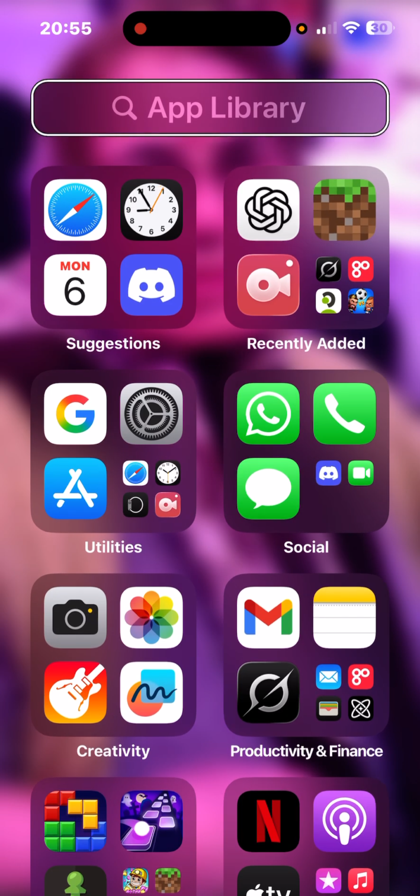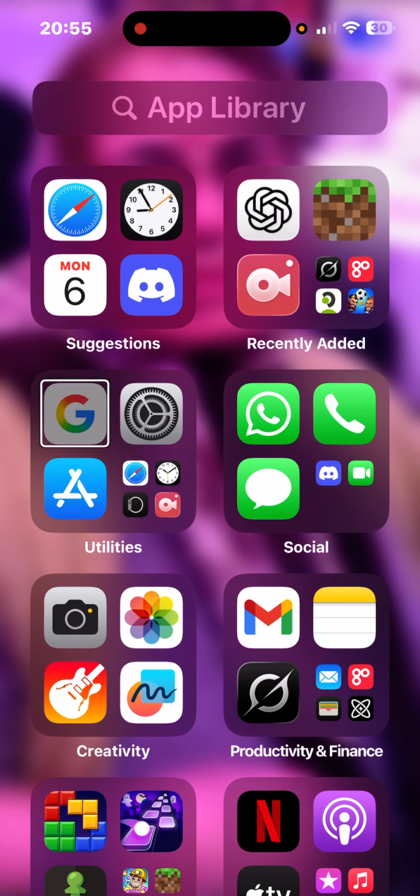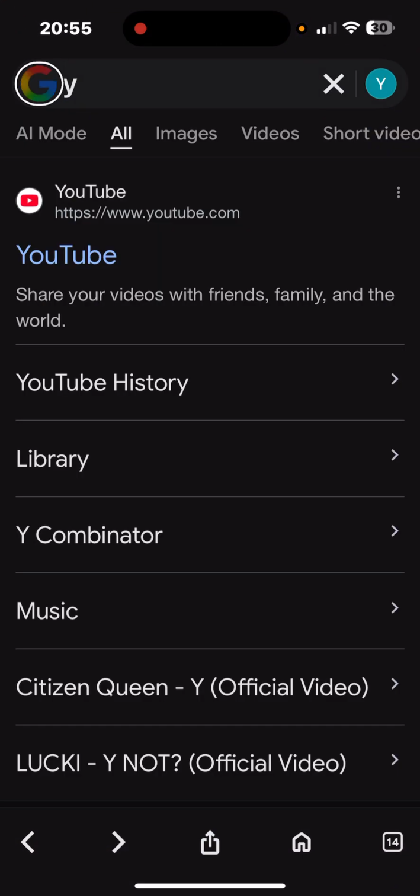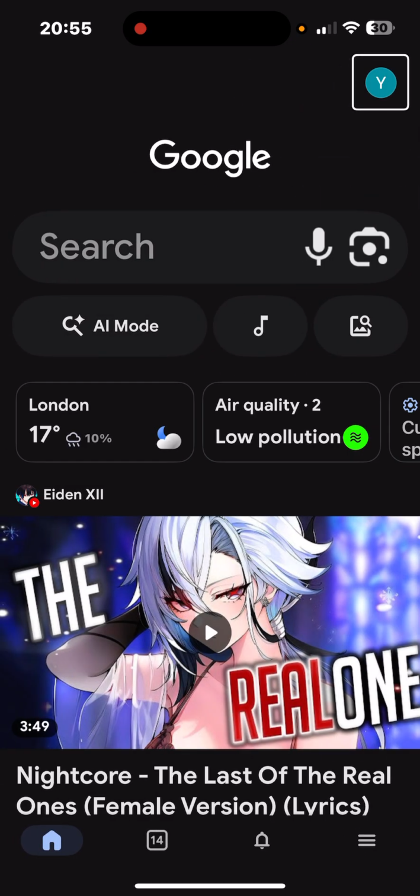App library. Search field. Now I'm going to double tap to open utilities. Google. Close. Go to home. Now I'm going to be featuring you to use Google. Say you just open Google, you can